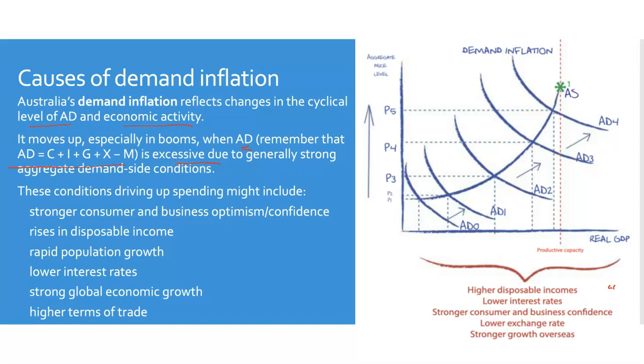Now, the factors that can include can be these ones here, which I'm not going to go into detail because there's a whole video on that. But things like improved confidence in consumers and businesses, rises in income, population growth, low interest rates, strong growth internationally, and higher terms of trade can really improve the aggregate demand conditions. Now, these are good things, generally, so long as they're sustainable, but just recognizing as demand goes up, there will be an